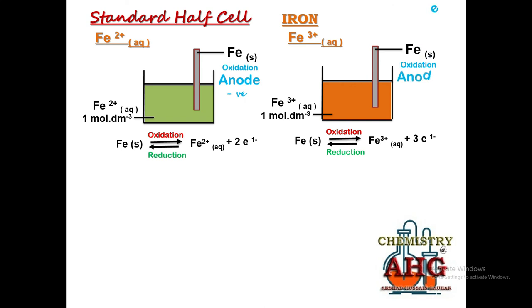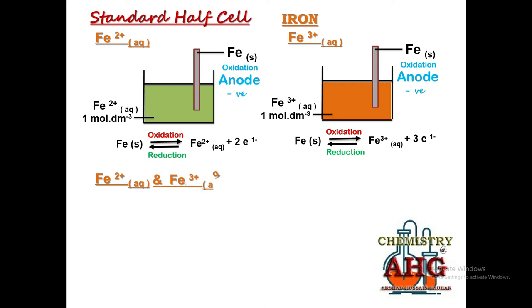Now one different half cell that can be asked in the exam, that can be a tricky one, that you must remember to construct this half cell. What you must remember, just look at this example. I am going to explain it, where I will explain one of the standard condition. Now sometimes you can be asked to construct a half cell of iron containing a mixture of iron 2 ion and iron 3 ion.